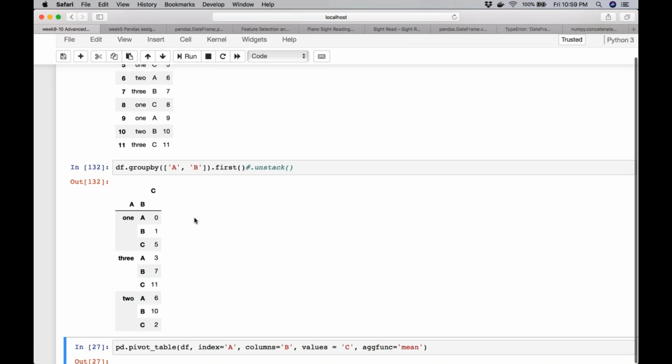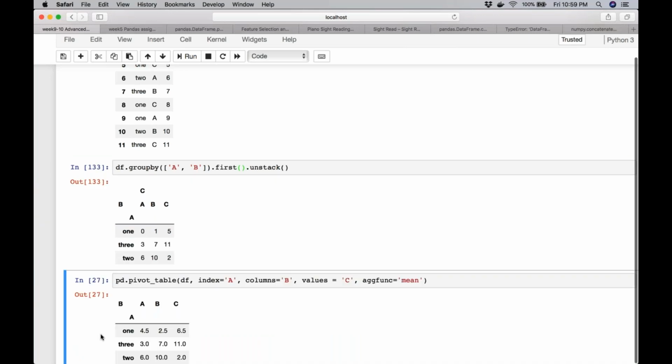So we have 1 ABC, 3 ABC, 2 ABC. By default, it sorts by level 0 of the index. That's why we have a 3 here before 2. Now, as you can clearly see, this data is similar to what we got earlier with the set index. Here, set index and unstack will not work because, once again, the same issue: it cannot work on duplicated indices. So now we don't have duplicated indices. We have a unique index. And now when I say unstack, this is the structure that I get. Exactly 3 rows and 3 columns. And the remaining values got dropped where there was a duplication.